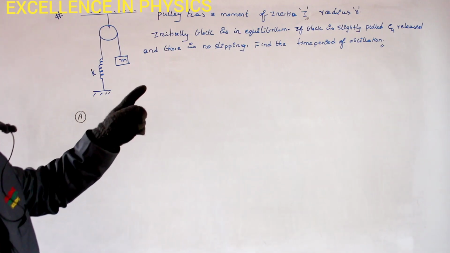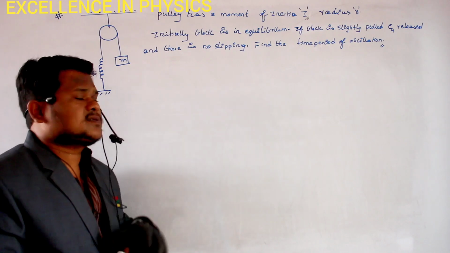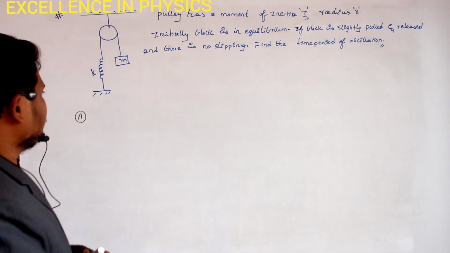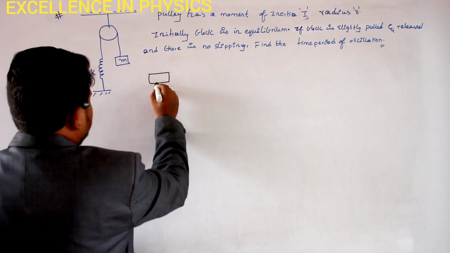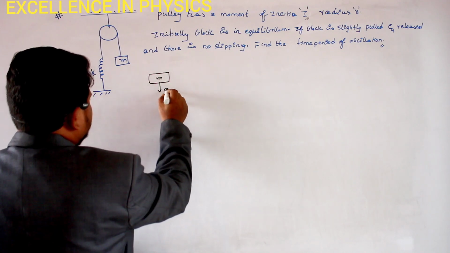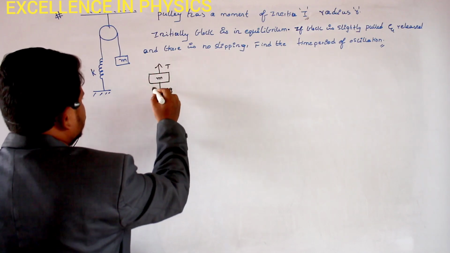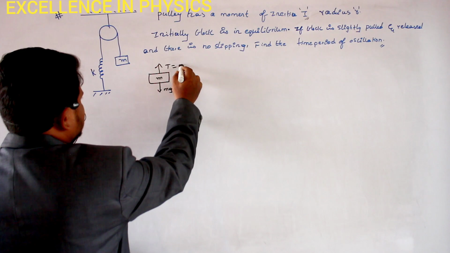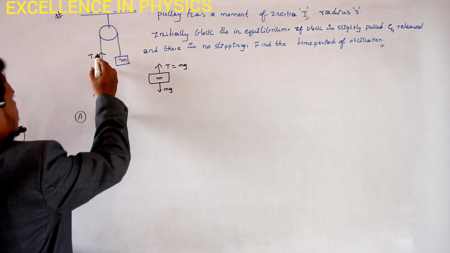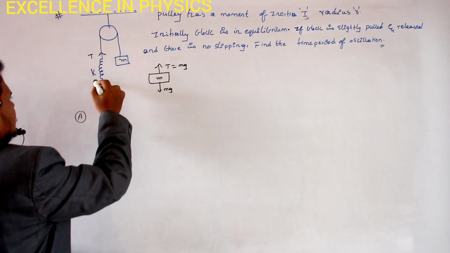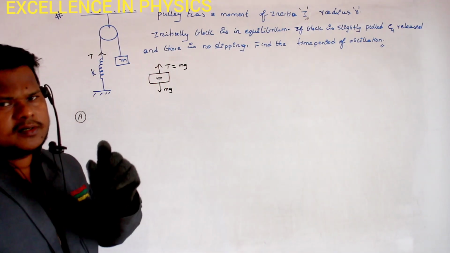Clear? And previously this mass is in equilibrium. So what is meant by equilibrium? This block will be having its own weight, no? Weight will be how much? mg. But why is it in equilibrium? Because tension should have been balancing this mass. So T is also equal to mg. The same tension will be acting here also, and this tension is responsible for a bit of elongation, which is called the initial elongation in this spring.